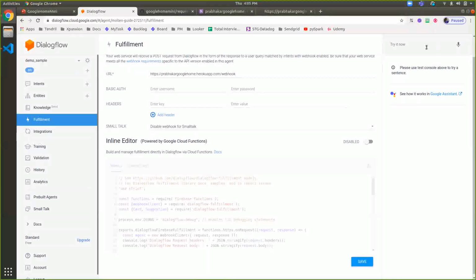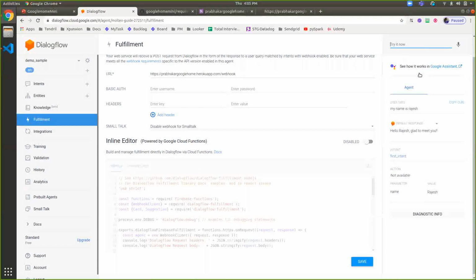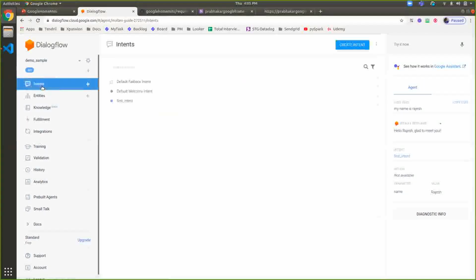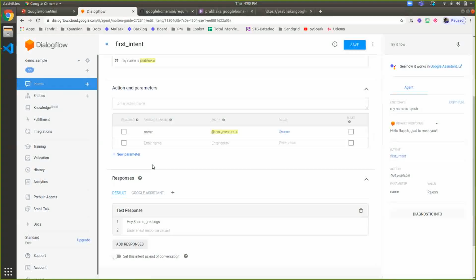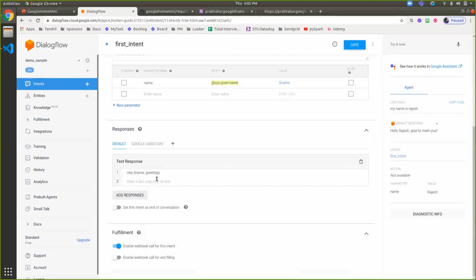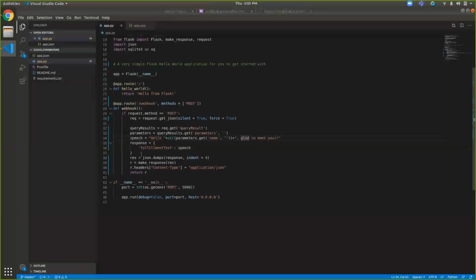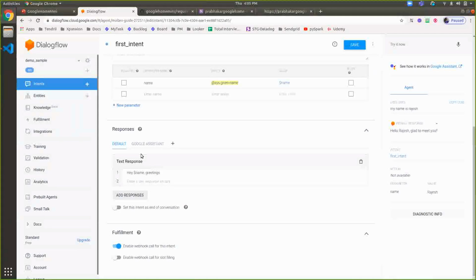And once you save the changes, you can go here and type similar words like, my name is Rajesh. Hello Rajesh, glad to meet you. If you see that, perfect. So in my intent, I have defined greetings. But the "glad to meet you" is actually coming from my webhook. That webhook is where I have written the code here, and that code I have deployed on my